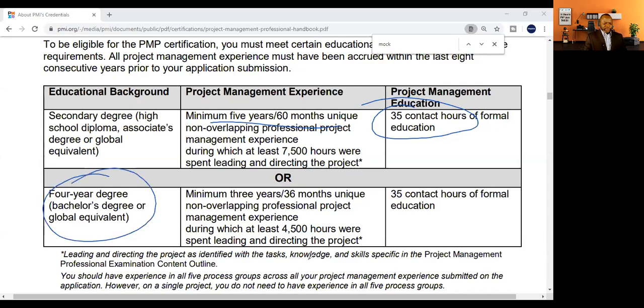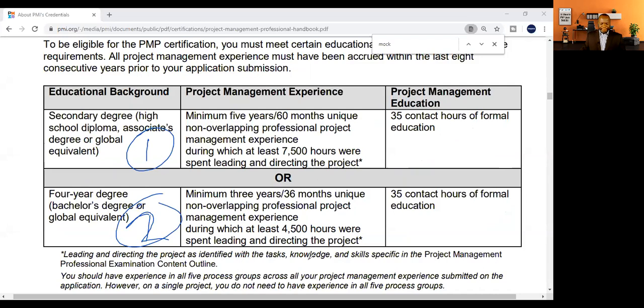The second category, for those who have a degree, bachelor's degree or global equivalent, is 36 months and 3 years of non-overlapping project management experience, within which 4,500 hours was spent leading and directing the project. So they'll be looking for 35 contact hours as well from this category. So it's either you fit into this category or this category. And if you fit into those categories and you have the amount of experience required, then you are eligible to take the exam. As you read this handbook, do note,